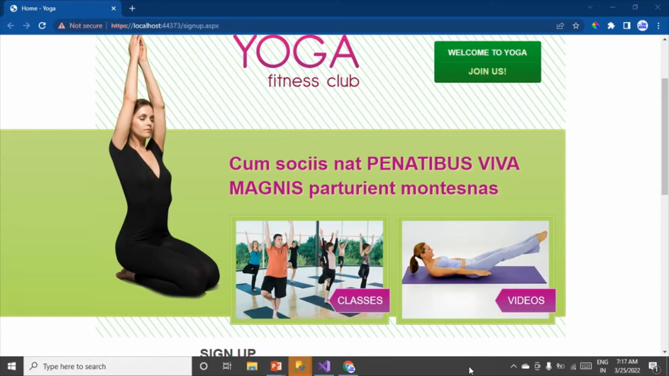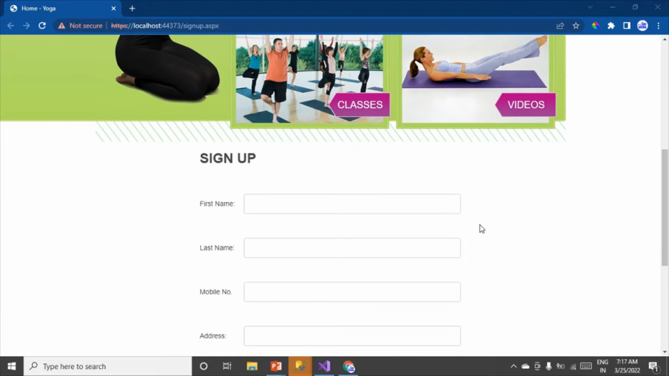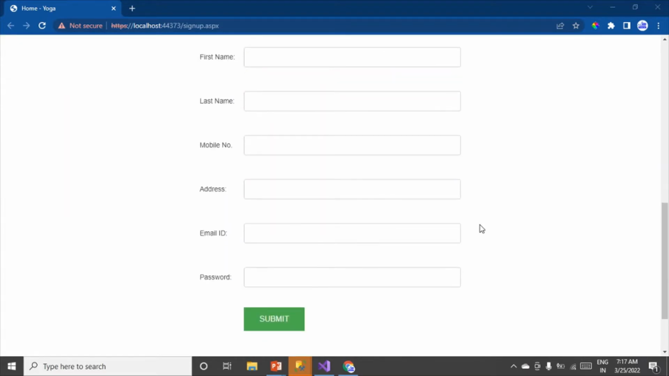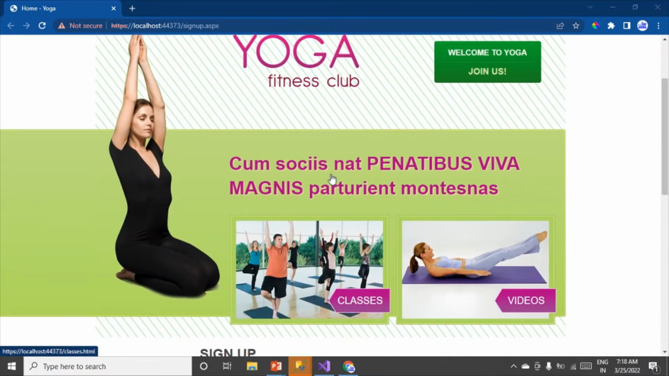So in the previous video you all saw that in SQL Server Management Studio we created a database named YogaDB, and inside that one table we have created, signup. Our signup form was ready, as you all can see on the screen: first name, last name, mobile number, address, email ID, password, and accordingly we have created the columns inside the signup table. So in this video we'll see how the connection can be done